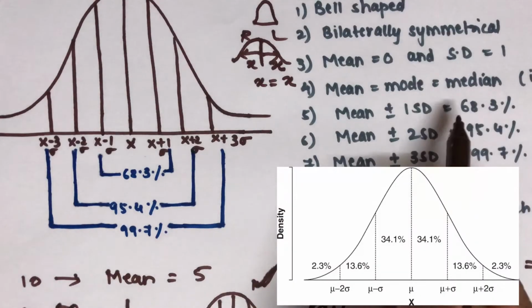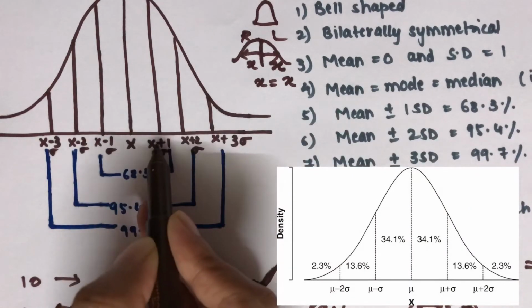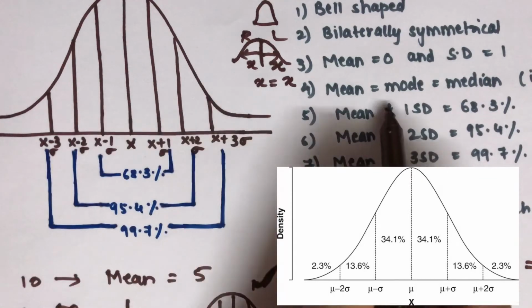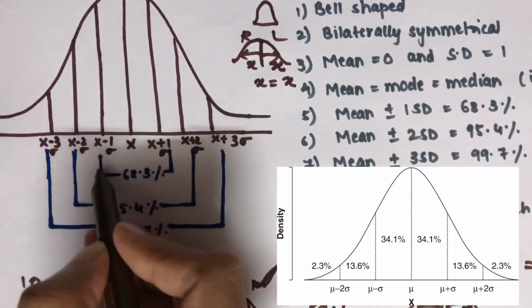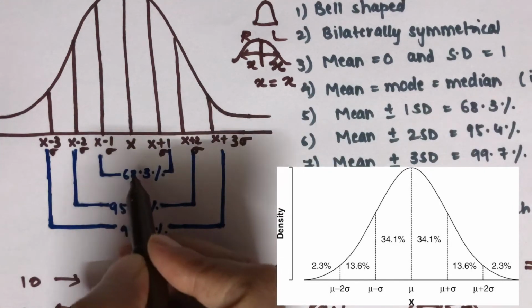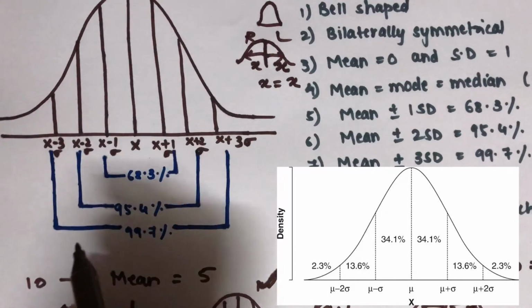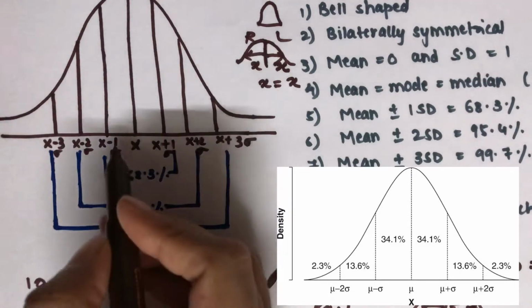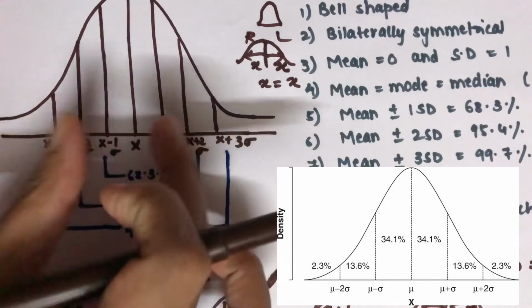First, for example, is mean plus or minus 1 SD. We have seen your mean, and it is plus on one side and minus on the other side. So it is plus minus 1 SD, which is equal to 68.3. So over here, what we have drawn is equal to 68.3. That means 68% of the values or the data lie within this 1 SD. If there is a group of 1000 people, then 68% of the values will lie within this 1 SD.